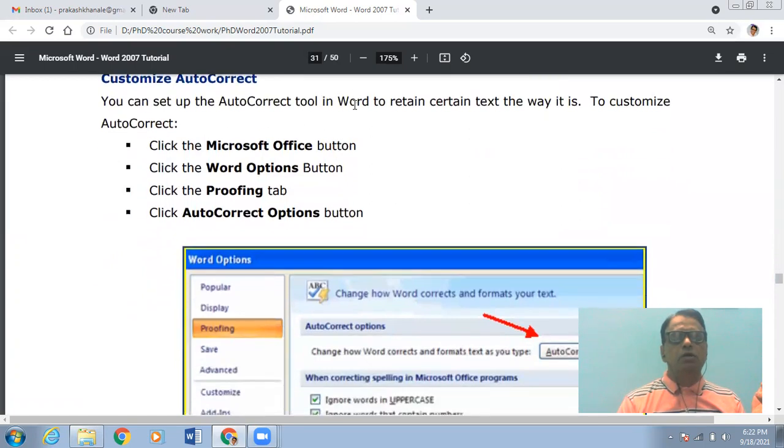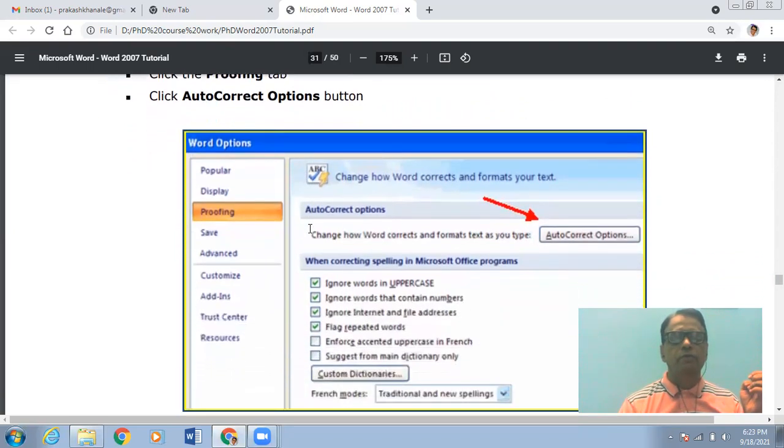You can also customize the autocorrect. So you can set up the autocorrect tool in Microsoft Word to retain certain text the way it is. So you can click on the Microsoft Office button, and then you can click on the Word option, and then you can click on the proofing tab, and then you can click on the autocorrect option as shown in this window.